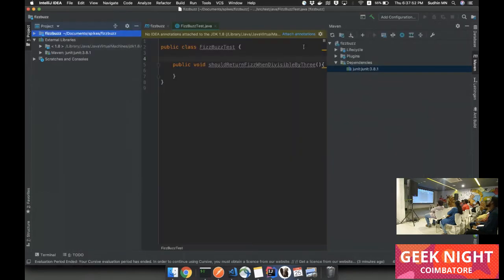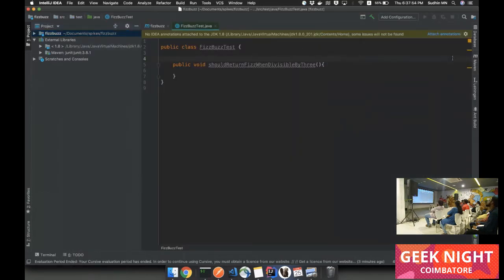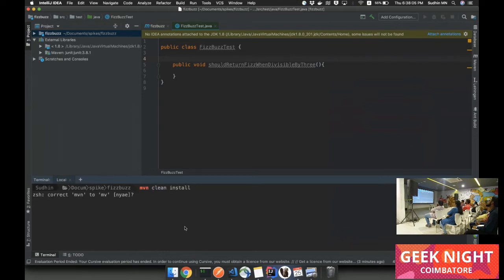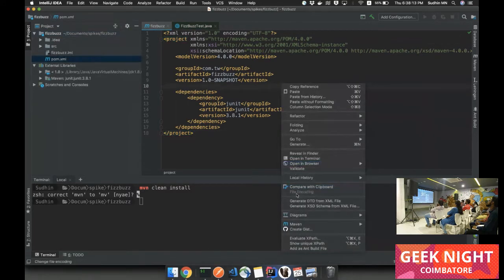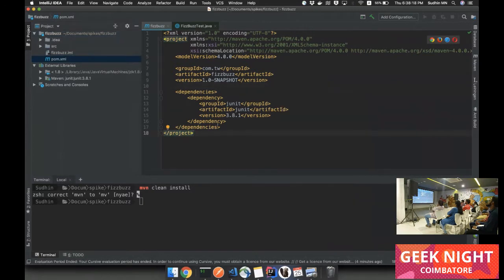That's not a problem. I think it's not able to resolve the dependencies.